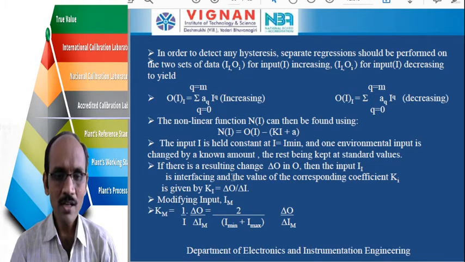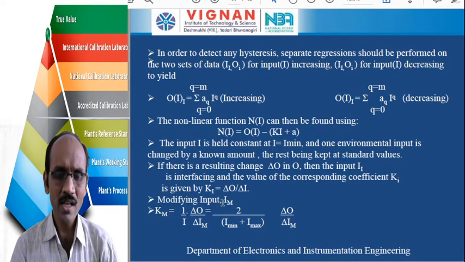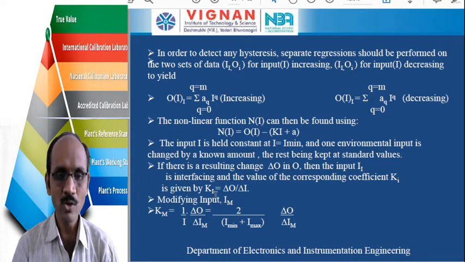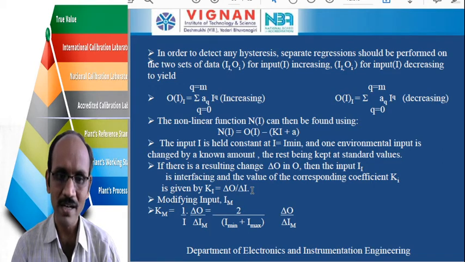That is why we call it the interfering input: it affects the changes in the output value of the instrument. Similarly, we have another input called the modifying input. This modifying input will cause a change in the sensitivity of the instrument. That is, the modifying input will cause some modifications or changes in the input value of the instrument. In the case of the pressure transducer, the input of the instrument is pressure. This pressure is going to be affected by the changes in the environmental conditions.